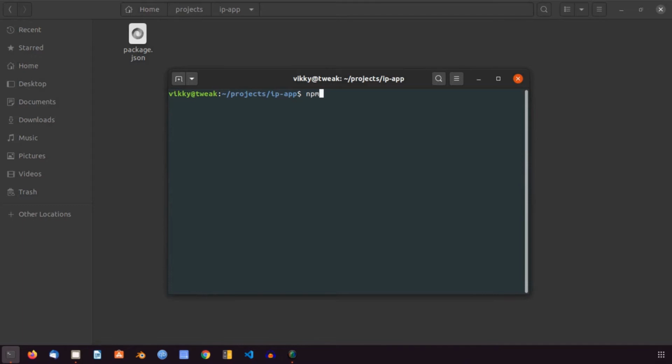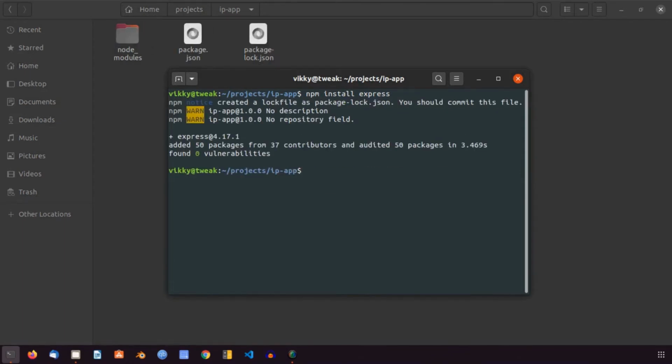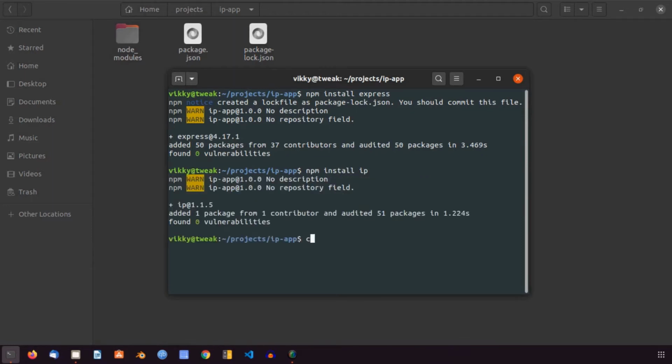Let's do npm install express because we are gonna use Express framework to write our REST APIs. So it is basically a Node.js app which is gonna give the server and client IP address. Next, we'll install a simple utility tool called IP. I'll just open it in VS Code.